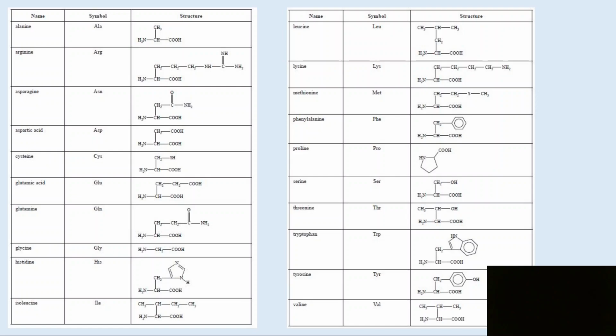Glycine, histidine. Isoleucine, leucine. Iso meaning like isomer. So we've got the same molecular formula of the R group, just in a different configuration. Leucine, lysine, methionine,